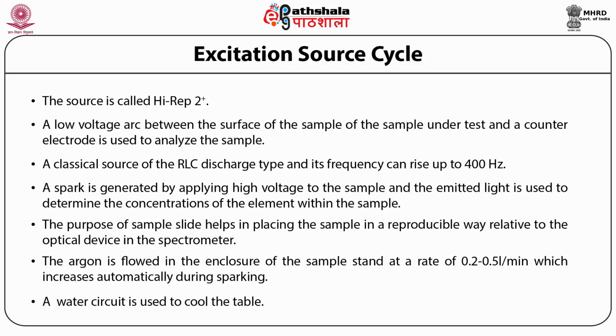This process involves production of two sparks. One is of high voltage while the other is of low voltage. The high energy spark prepares, that is, it melts and homogenizes the sample on the surface table, and then the light emitted from the low energy spark is measured. This light, which is of low energy, is produced from the sample actually. The shutter of the instrument unit opens during the measuring phase by an electromagnetic valve.